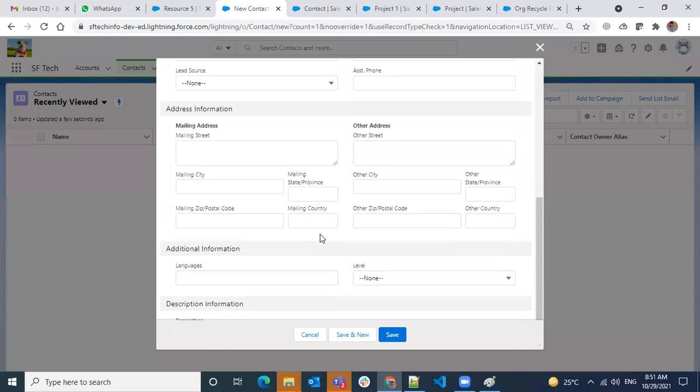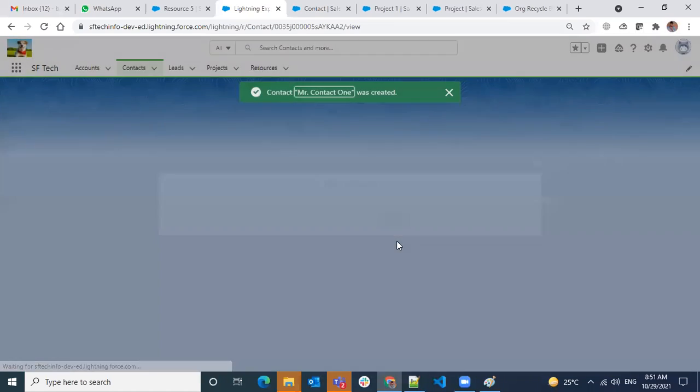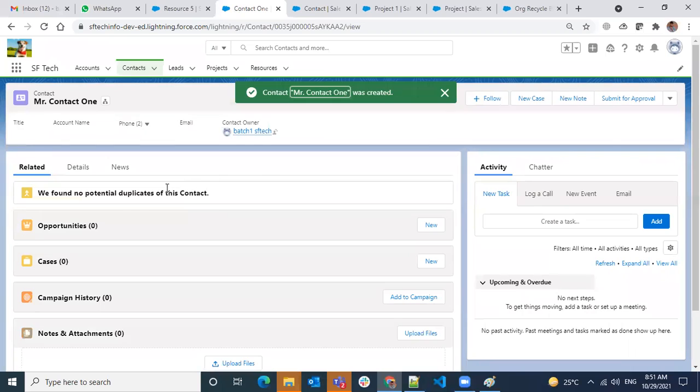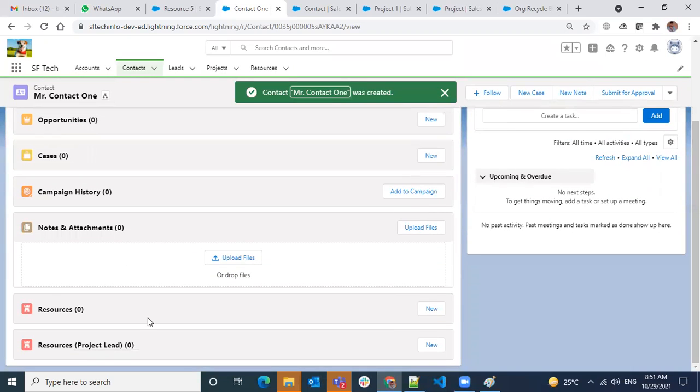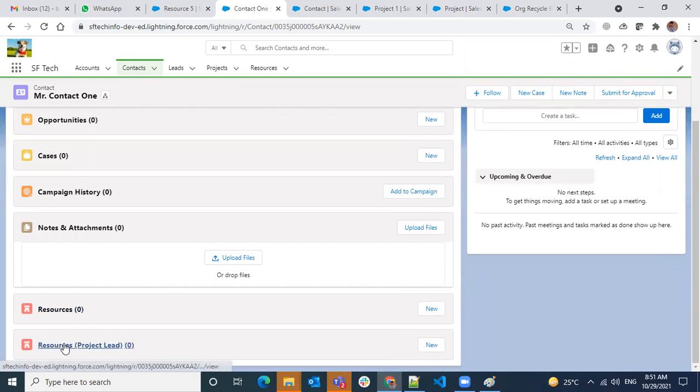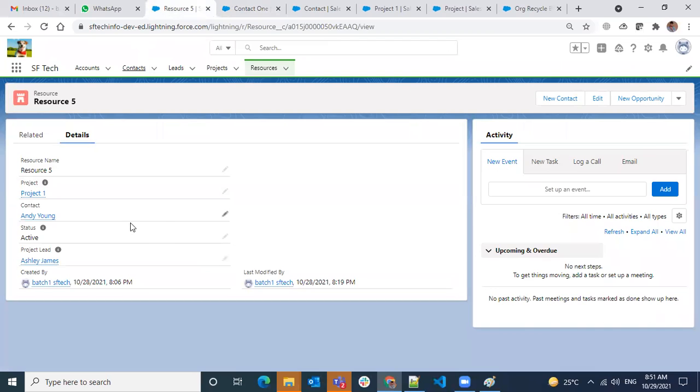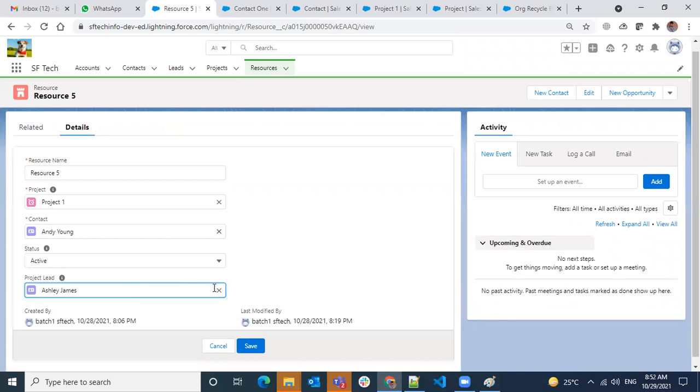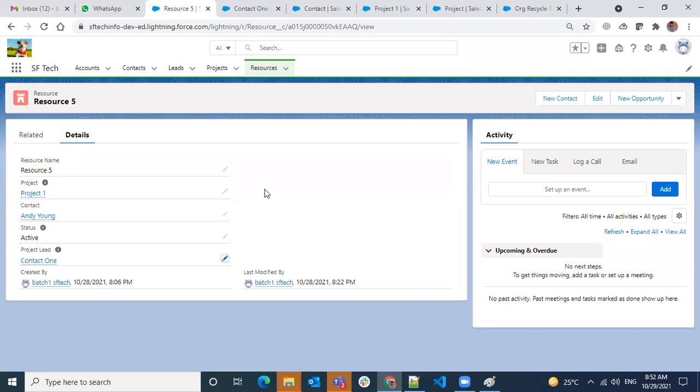I don't have any account, I'm just saving the record. Okay, great. So there's resources and project lead. Sorry, lead resources are ending by project lead and resources. So here, let's change this record from this guy James to contact one and save.